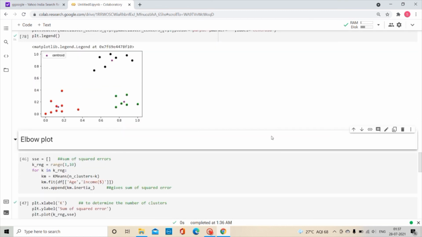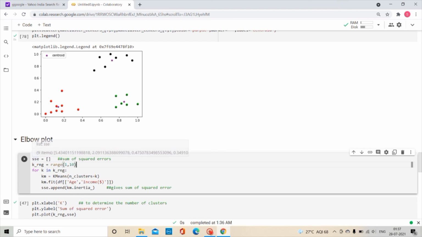Sometimes we are not able to get the perfect number of clusters. When we have 20-30 features, we are not able to find out the number of clusters we can make for our data set. So at that particular point we use the elbow plot.